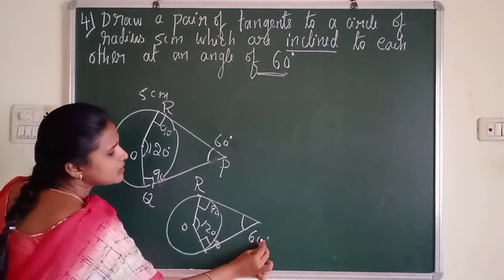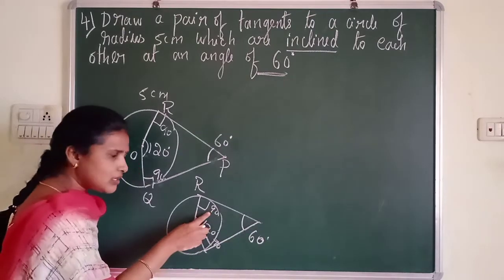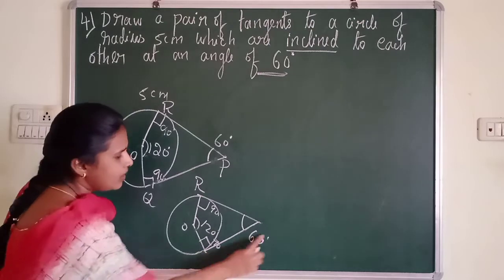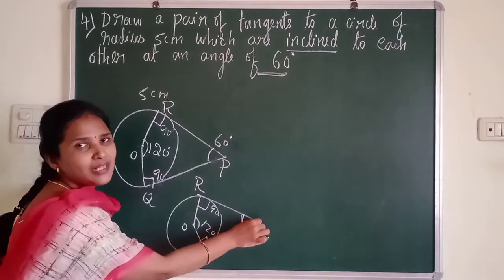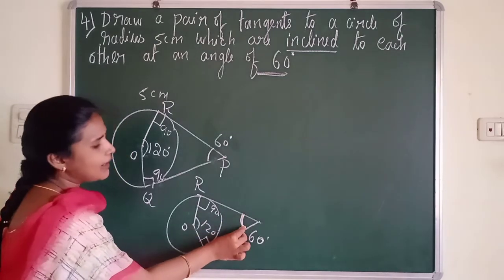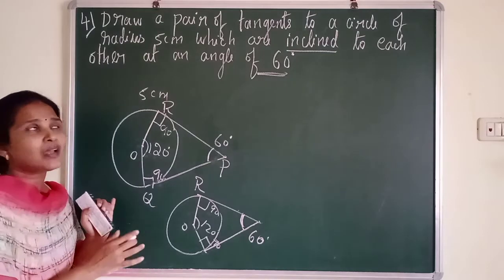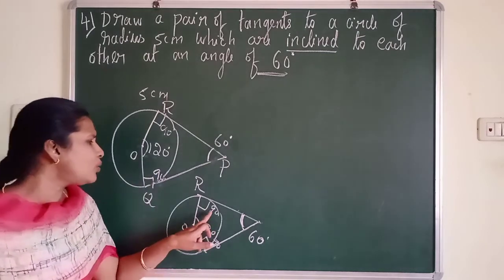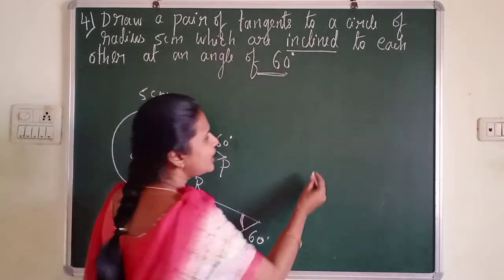So you are not constructing 60 degree, but among 4 angles you are constructing 90 degree, 120 degree and this 90 degree. Then automatically these 2 tangents will meet. This is nothing but point of inclination. So the angle between 2 tangents will be 60 degree. So this is the basic idea of this question. And in this you should know how to construct 90 degree and how to construct 120 degree. So just roughly let me explain.